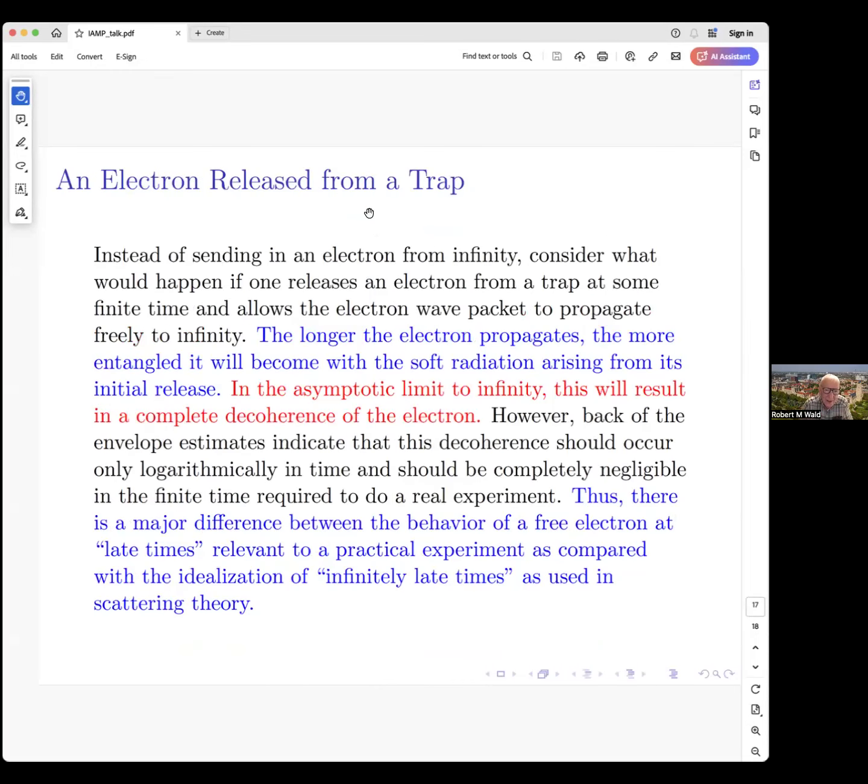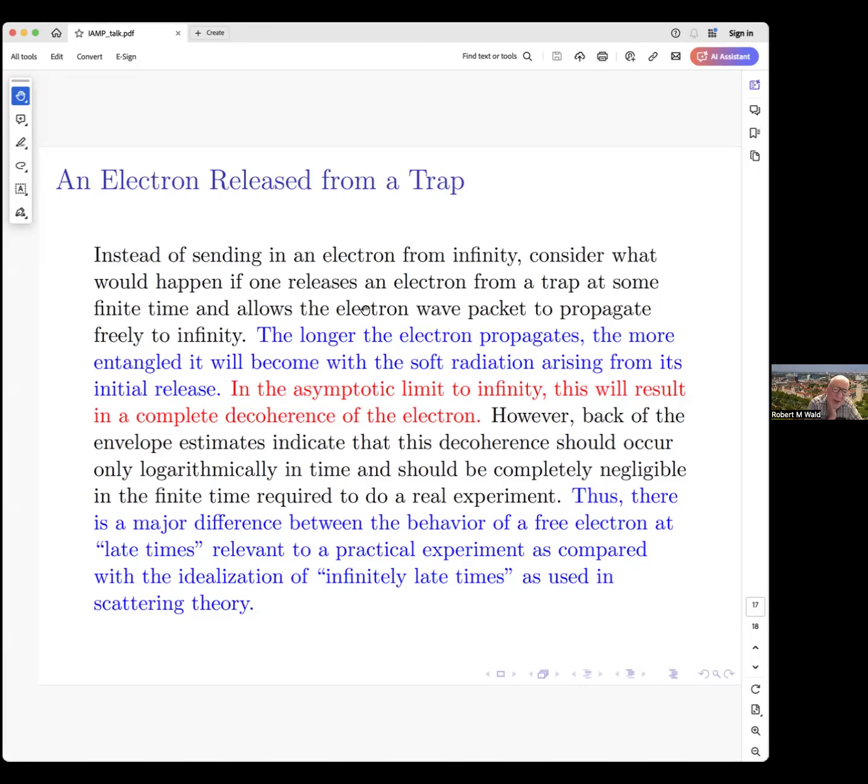So it's instructive, I think, to think about what would happen if we have an electron in the bulk, some electron in a trap, and release it. Shouldn't that look like a bare electron at infinity or something like that? I mean, this electron is not initially dressed with a cloud of soft photons or whatever. Okay, let me not ramble on in that direction.